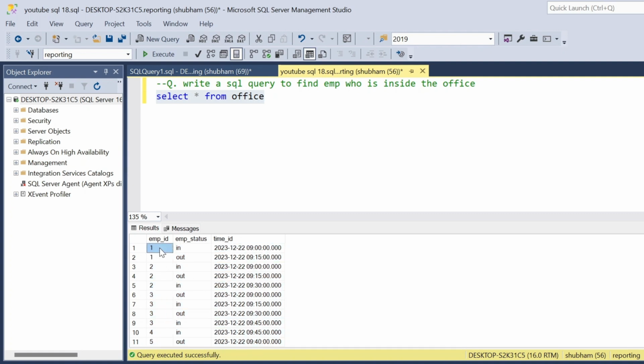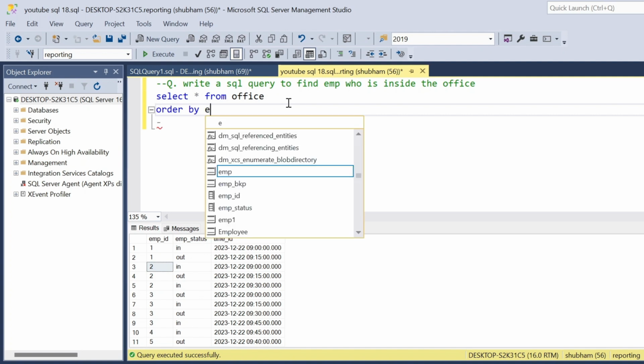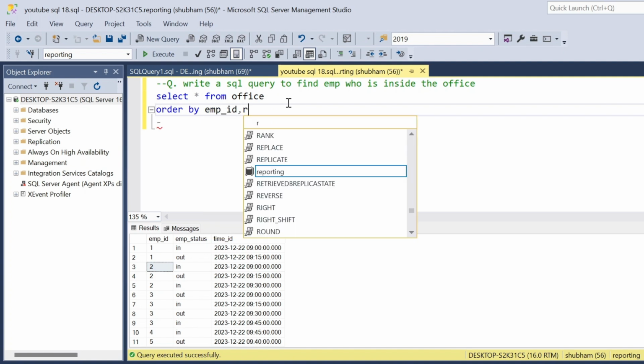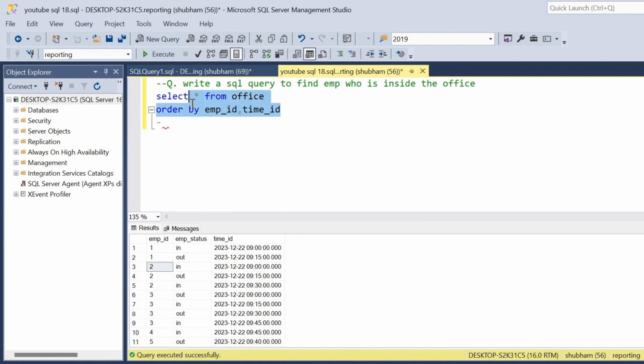Basically, if you see employee id 1, the employee status equals in, and the in time equals 9. And if you go here, employee id 1 has employee status equals out, and the out time is 9:15. So employee 1's in time is 9 and out time is 9:15. So this employee is not inside the office. Next I will also use order by employee_id and time_id. So if I run this query,